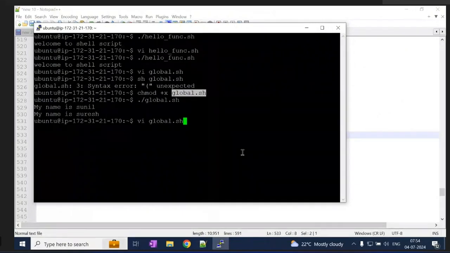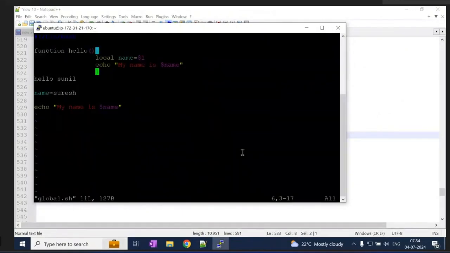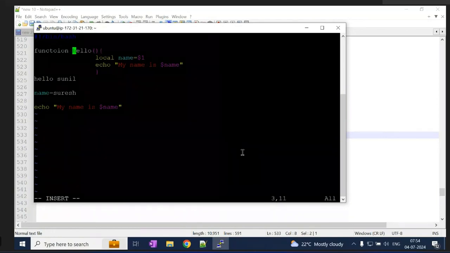You can do that, but some functionality sometimes won't be considered as functions. So if I use the function keyword here, then everyone will get to know this is a function, right?